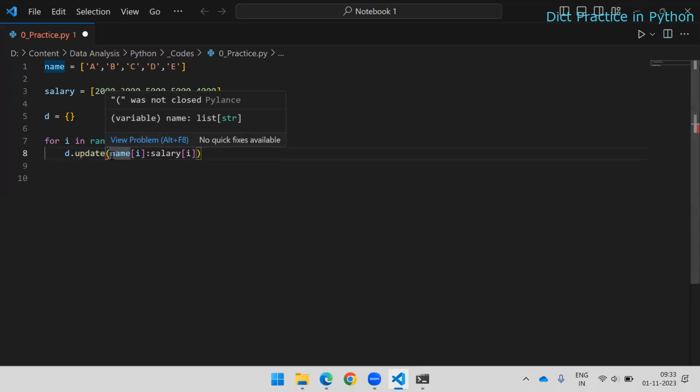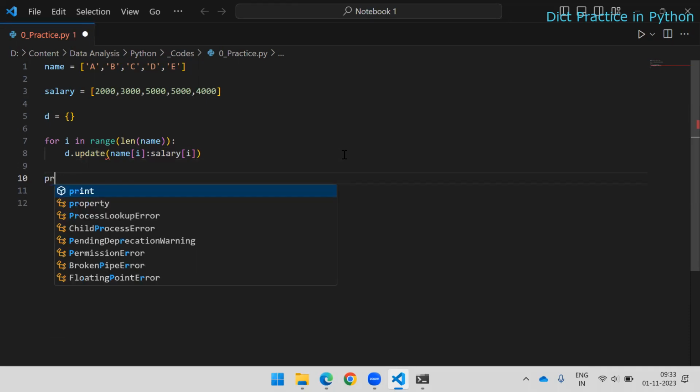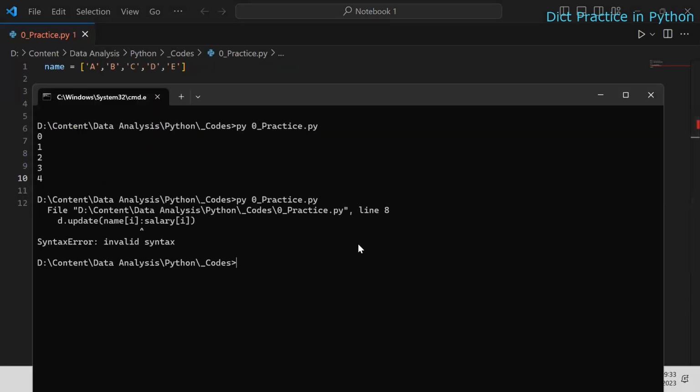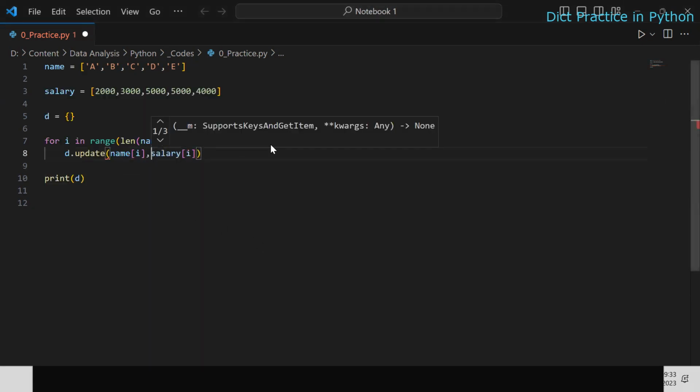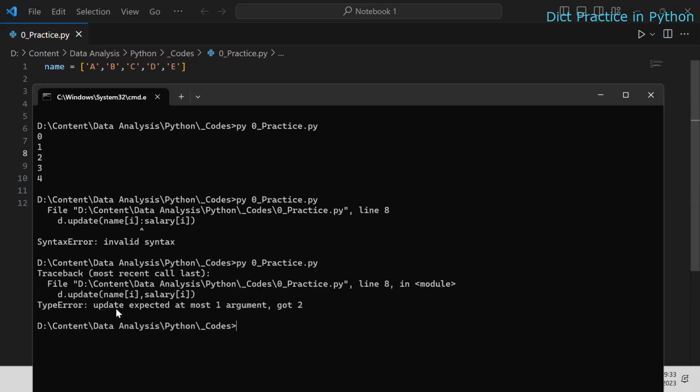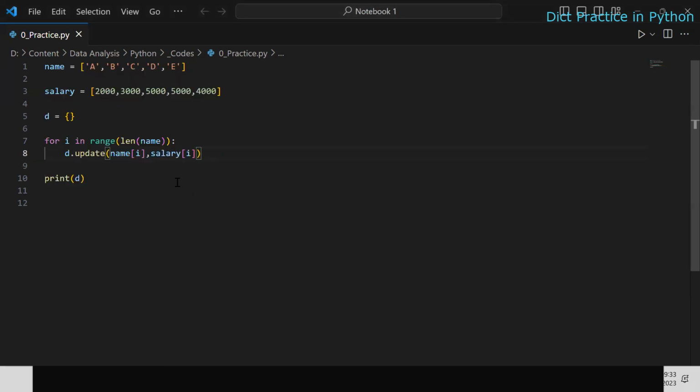d dot update, list str, type of int I. Okay, now it may throw error. Let's see, and we will deal with that error. So it's time to run the code once again, and it says a salary. Okay, fine. So this is the syntax we are supposed to follow. Instead of colon, we are supposed to use the comma, but update expected at most one argument, got two. Okay, we have to give